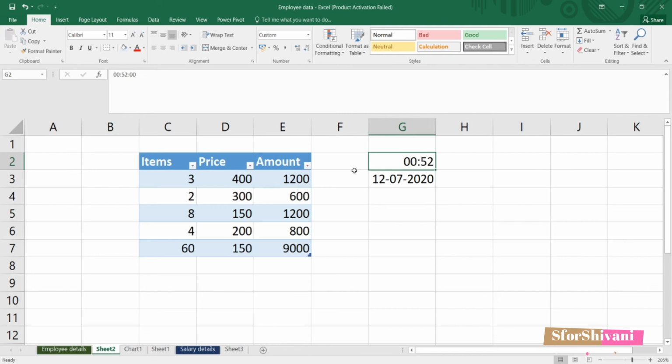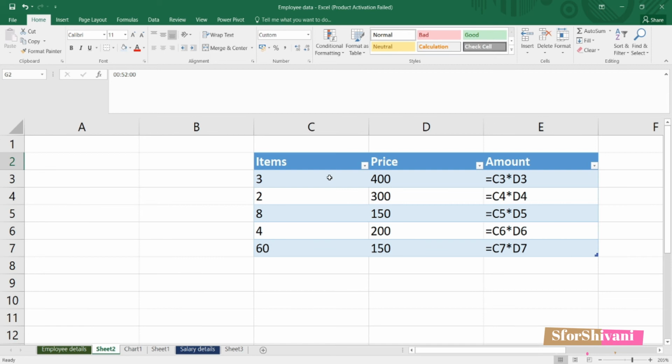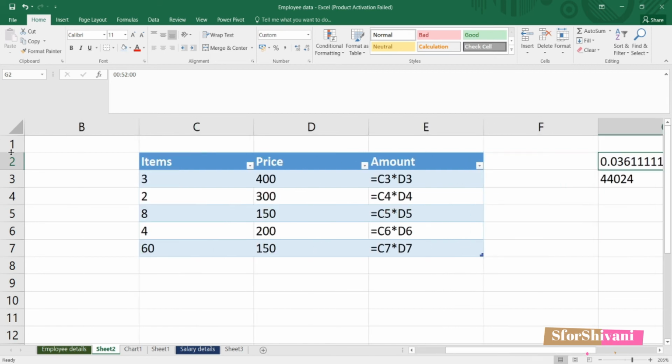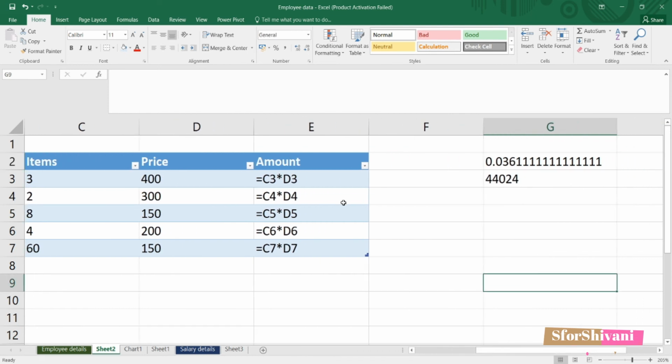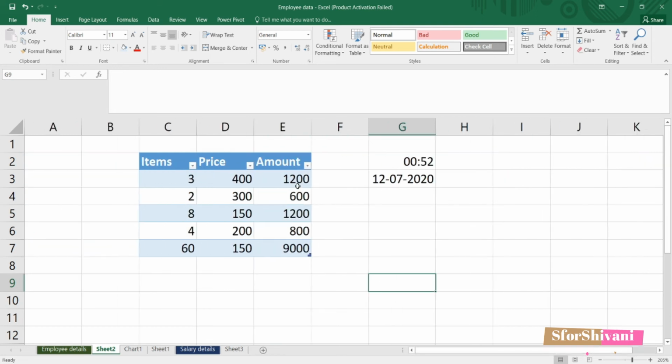Now let's say when you are working on a formula and sometimes some error occurs and you want to see what went wrong. In order to see the formulae, all you have to do is press Control and tilde key. In some keyboards, it is right before number 1. So Control and tilde, and it will show me wherever in the worksheet I have used formulae. To unhide the formulae, again press Control and tilde, and it's back to being the numbers.